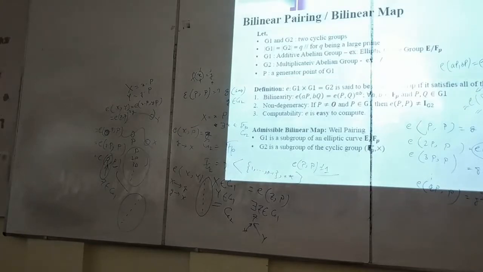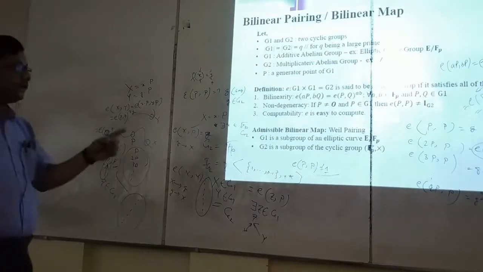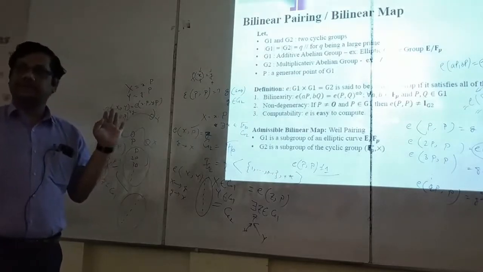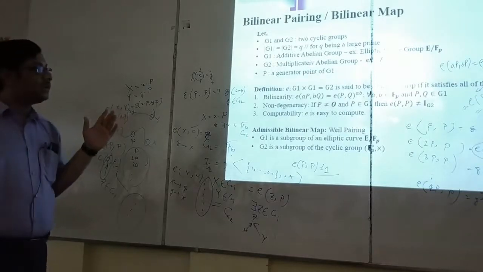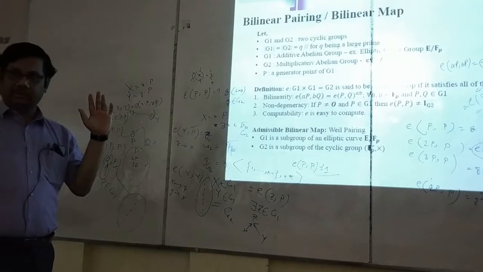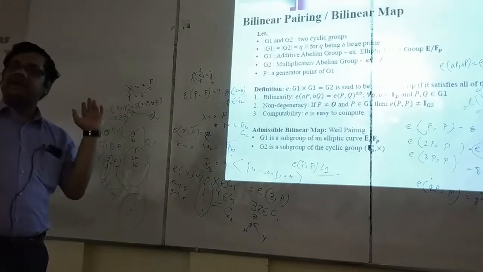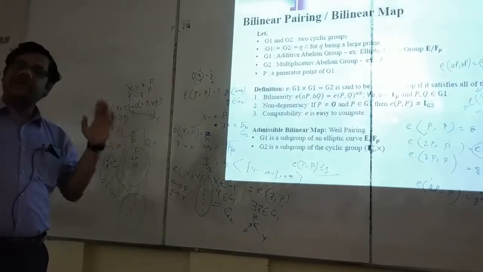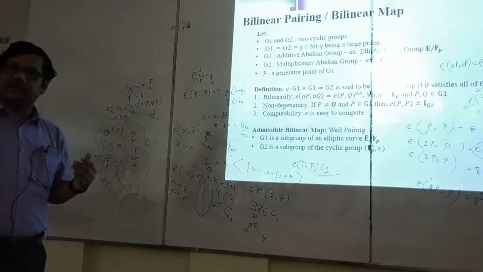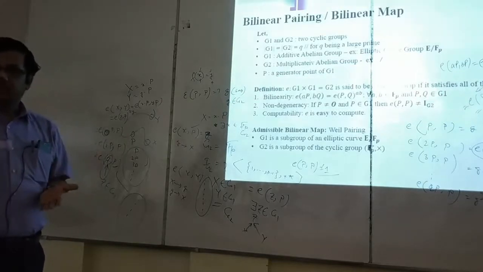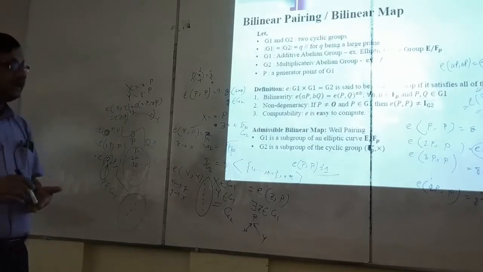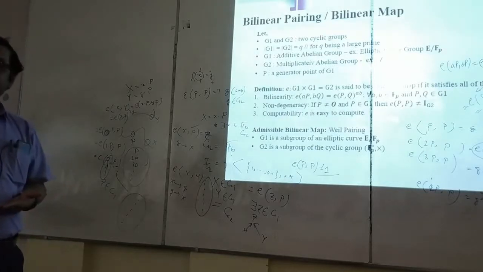Now the point is that if discrete log is not hard, then this is not one way. That you have understood. If discrete log is not hard, then it is not one way. But it cannot be proved that if it is not one way, then the discrete log is not hard. Are you getting my point or not? One by one I am explaining. If discrete log is not hard, then this function is not one way.